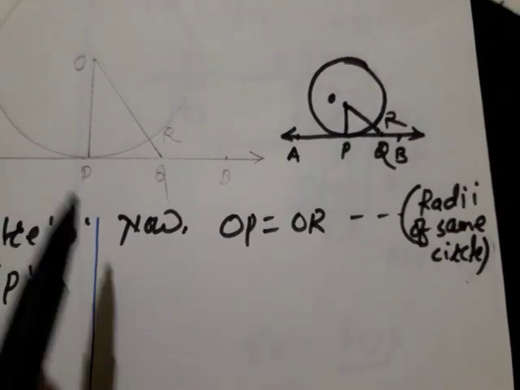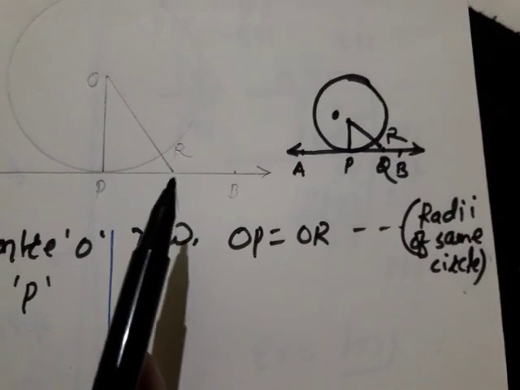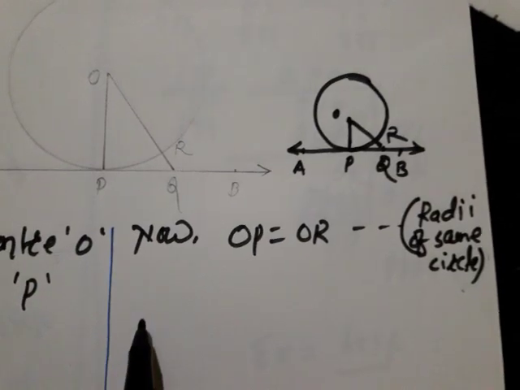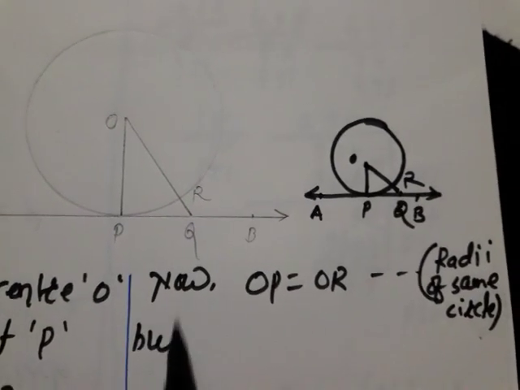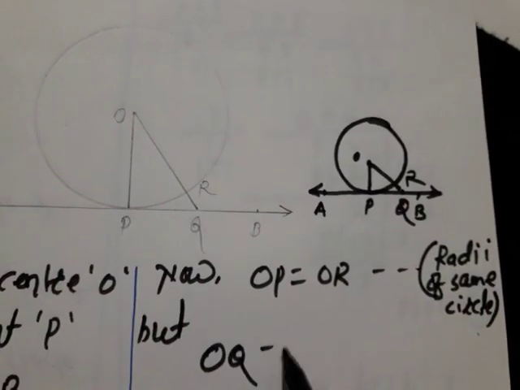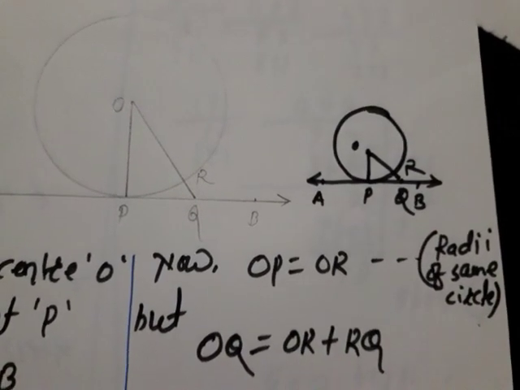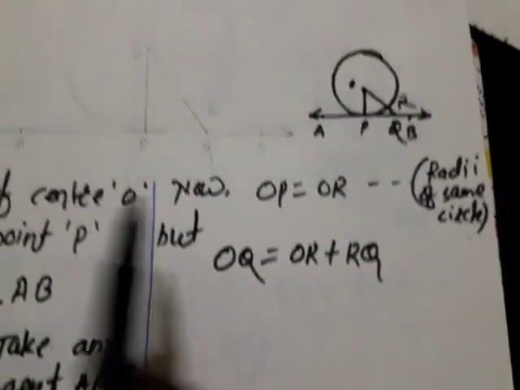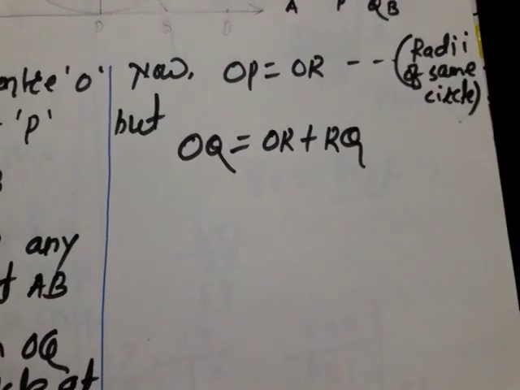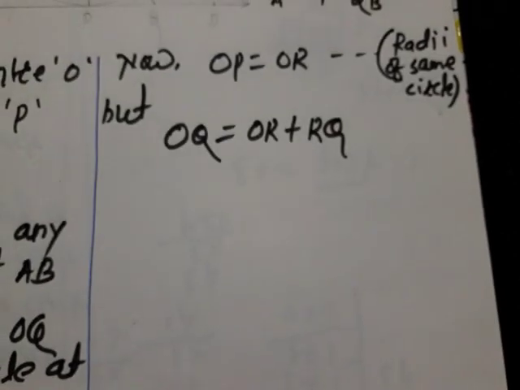Okay. Both of them are radii, this is a radius, this is also a radius. I am talking up to OR, I am not talking about OQ. I have taken up to OR. OP and OR, those are the radii of a circle. But if you observe carefully, this total OQ I have taken, OQ is equal to OR plus RQ. Do you understand what I said? Okay, addition property of segment. This OQ is equal to OR plus RQ.